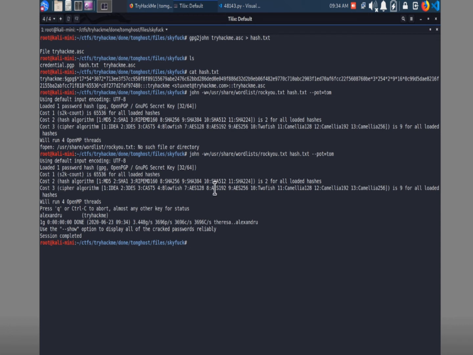So Tom tried all the possible passwords. Again, it identified that it was a GPG hash that it was trying to crack. It ran through all those, and it found this password here. All right, so in order to read that file, we need to import that key